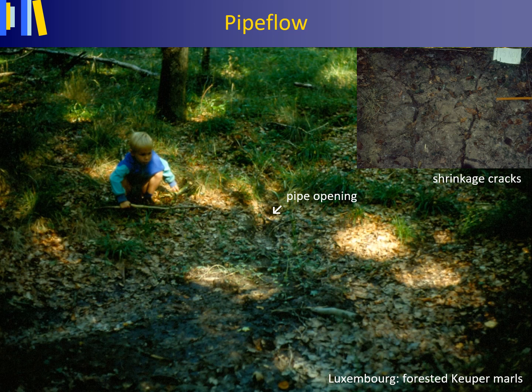Water has been observed to gush out of pipe openings at downslope near stream positions in these forests during many storm events in the area, and subsurface flow through the pipes was observed as turbulent and erosive, further enhancing its short-circuiting action. One such pipe opening is indicated on this photo. The area of sedimentation on leaves lying on the forest floor from water that has gushed out of this pipe opening is clearly visible as a darker area on the photo.